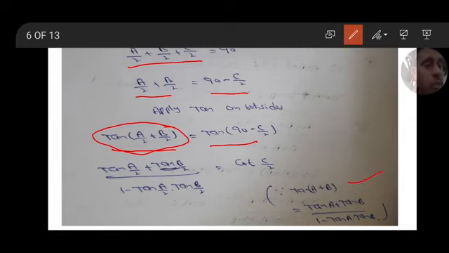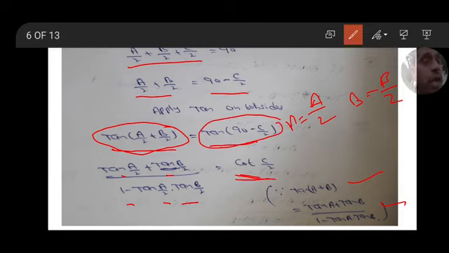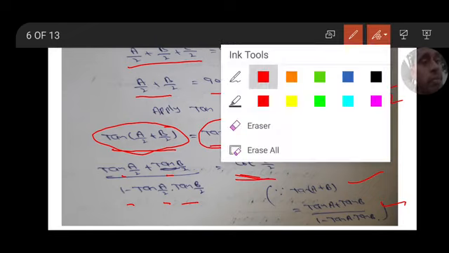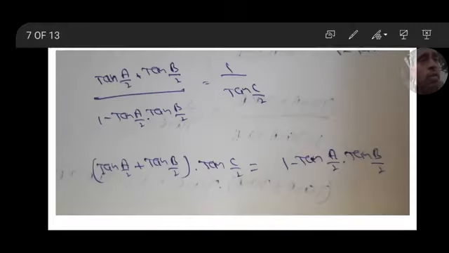Tan of a plus b formula: tan a plus tan b by 1 minus tan a tan b, where a equals a by 2 and b equals b by 2. So substituting, tan a by 2 plus tan b by 2 by 1 minus tan a by 2 into tan b by 2. Tan of 90 minus c by 2 means cot, so that is cot c by 2. And next, what is cot c by 2? Cot c by 2 means 1 by tan c by 2. That is, tan a by 2 plus tan b by 2 by 1 minus tan a by 2 into tan b by 2 equals 1 by tan c by 2. So cross multiplication,